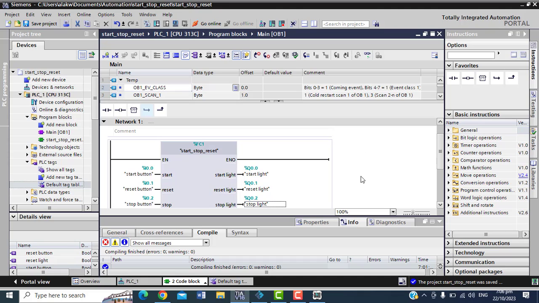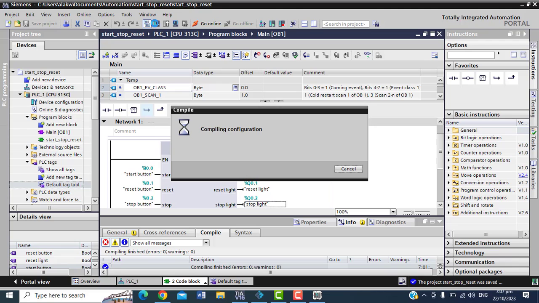Now the first thing we will do is write the program inside our function, and then before we come to OB1, I save and compile this thing. The next thing to do after compiling is to hit download.